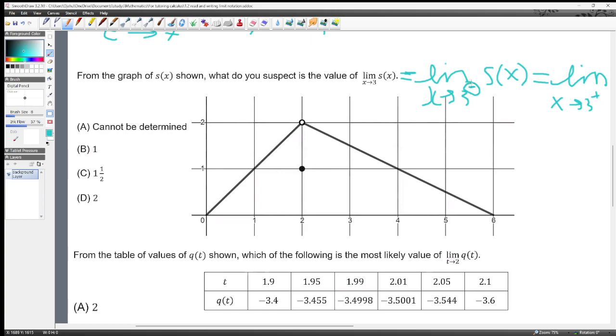A good way to think about it is you're coming from the left side, the negative side, and going to the right. And for the other, you're coming from the positive side and going towards the negative side, from your right hand towards the left hand. So this can be an analogy here. You get both your hands, and